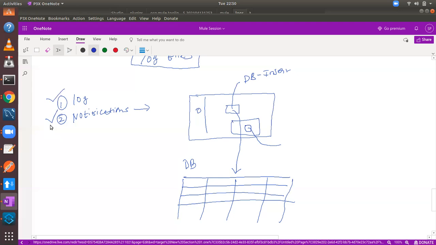One is properly writing the information to the log file. Secondly, sending the notifications if necessary. And there are many activities going forward. These two are the primary ones, and another is the rollback activity. I will explain the rollback activity later.